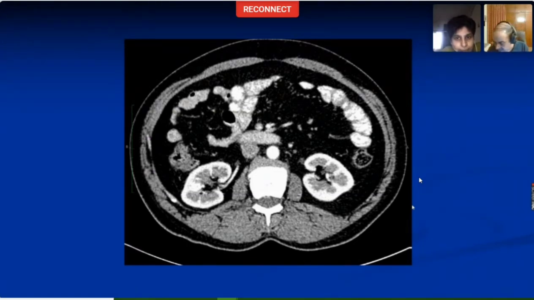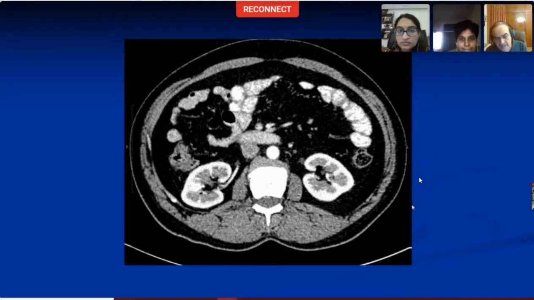Anyone else? What is the specific type of PET? Dotanoc PET. Okay, we would do the Dotanoc PET. MIBG is also a useful investigation, and I don't want to go into too many details, but